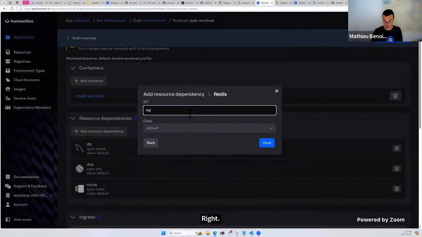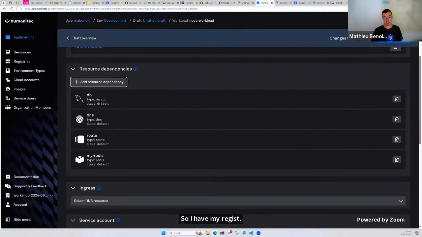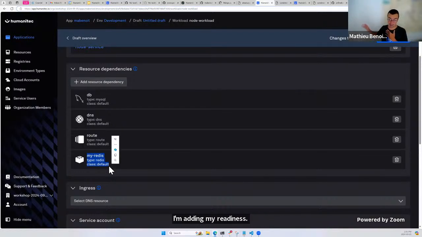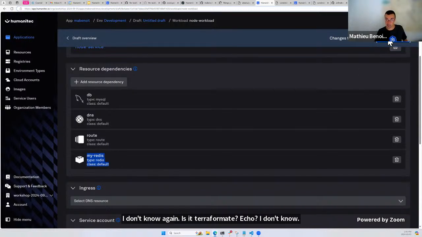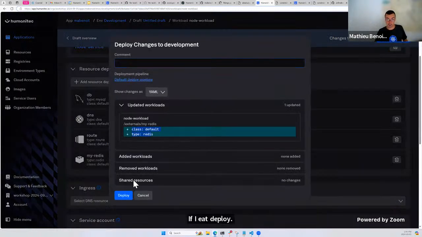So I have my Redis, right? And that's it. In addition to MySQL, I'm adding my Redis. And I don't know again, is it Terraform, template, Echo? I don't know, right? If I hit deploy, now I'm adding Redis, boom, I will deploy, and the orchestrator will pick up the proper resource definition based on